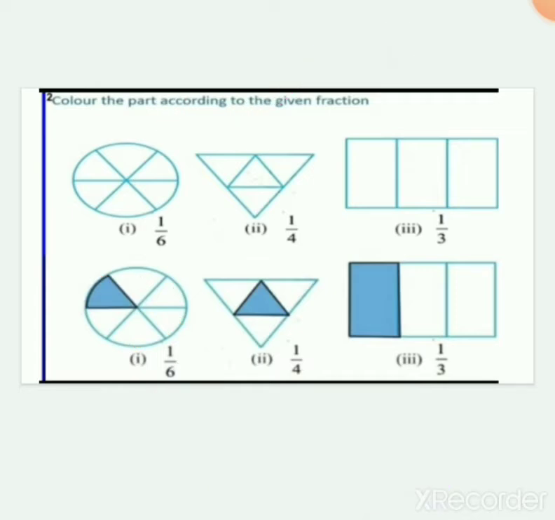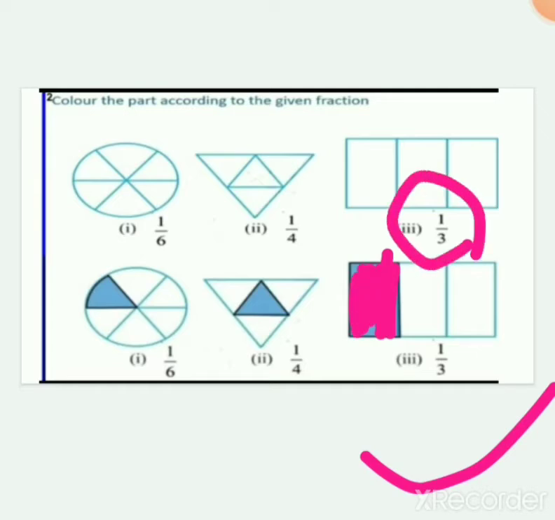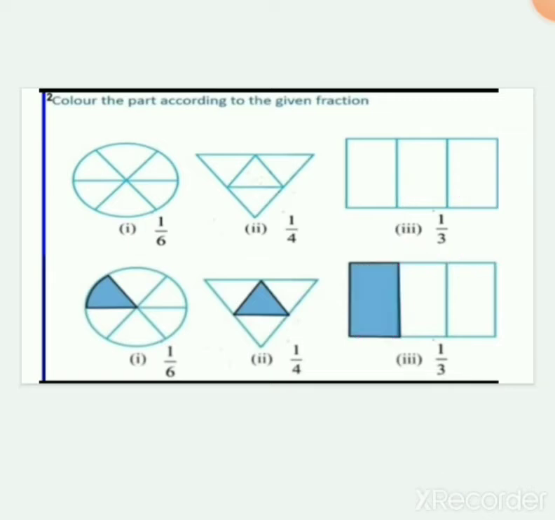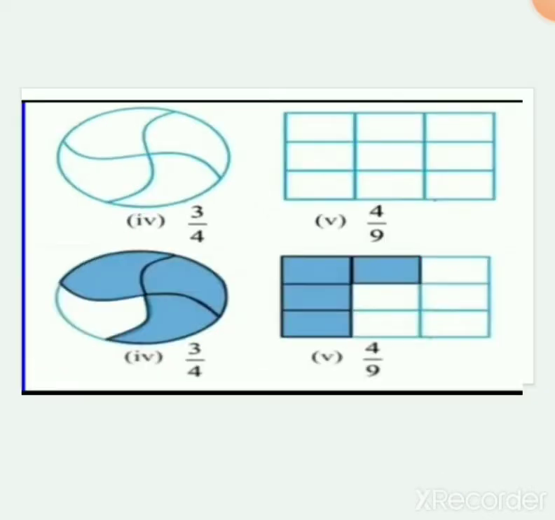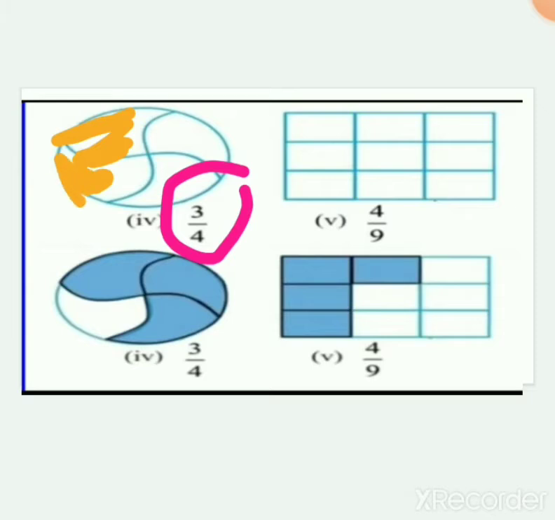Now moving to the next, we have total 3 parts and one is the shaded one. It is given here according to 1/3, so this will be shaded. You can take any part and you can shade it. Now moving to question number 4, it is given that you have to make 3/4 of the fraction. So you can shade any 3 parts. I am taking 1 part and 2 parts below 1.